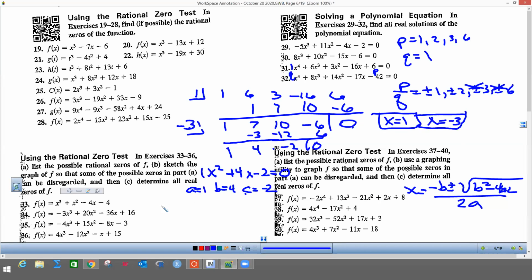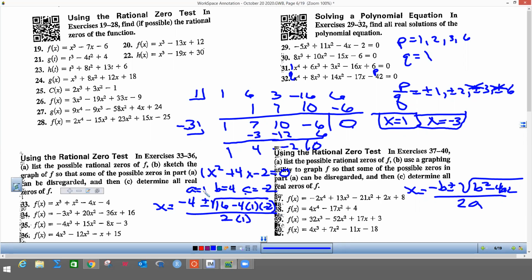So I'm going to get the other two x-intercepts are going to be -4 because it's b, b's 4, plus or minus. Then I got to square 4. 4 times 4 is 16, minus 4 times the a times the c, all over 2 times the a,